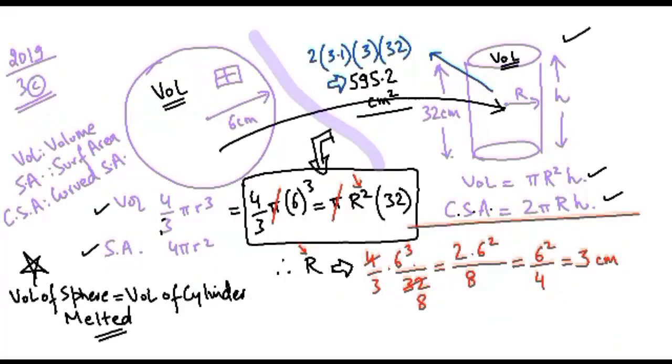Once you have understood this, the second thing to understand is that usually in these questions, pi will get cancelled off. Another thing that needs to be remembered is that to avoid long calculation, you need to do some manipulation. This is r square here. I need to find the value of r. So the value of r square would be 4 by 3 times 6 cube upon 32.